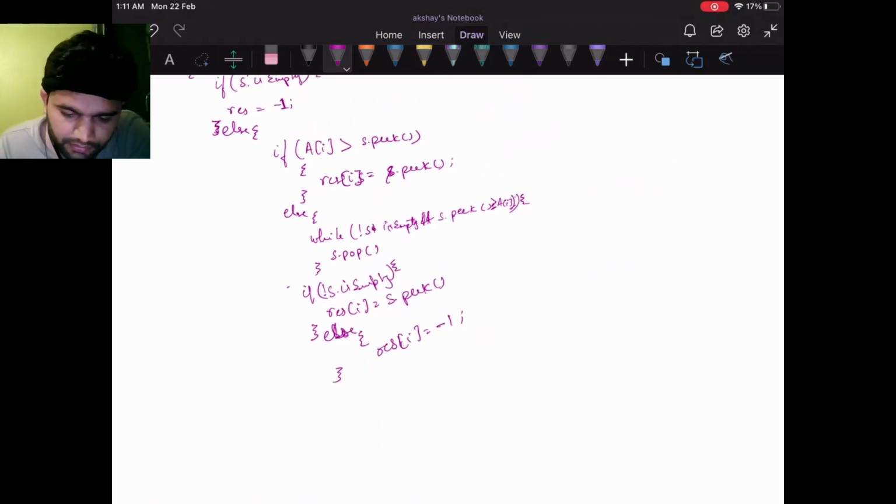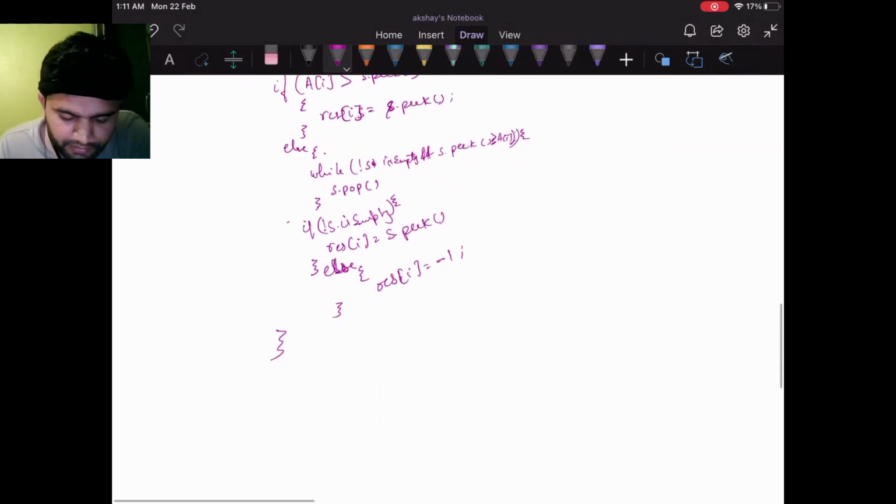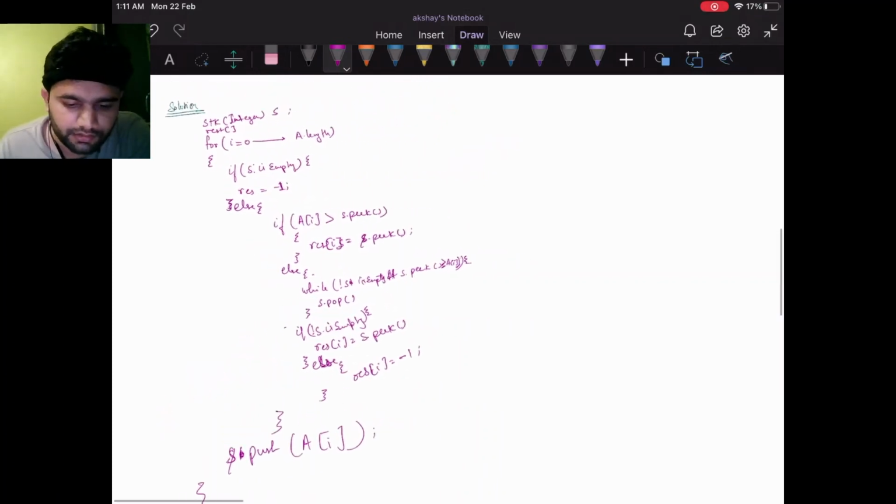This is closed, this is closed, this is our else part. And after all this, we can simply do s.push(a[i]), because every time we push the element to the stack, whether it is greater or smaller doesn't concern us.